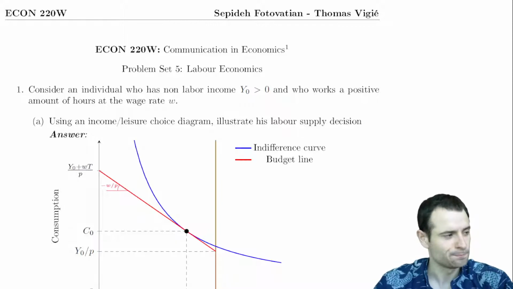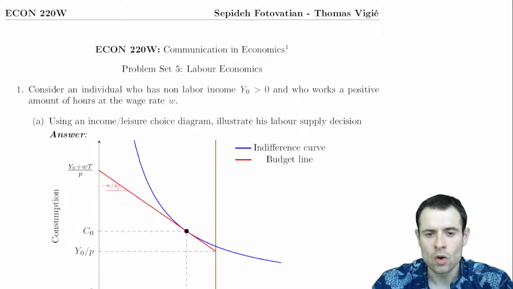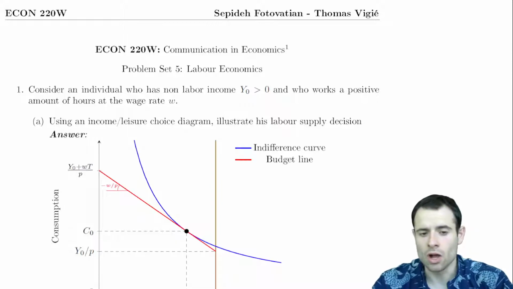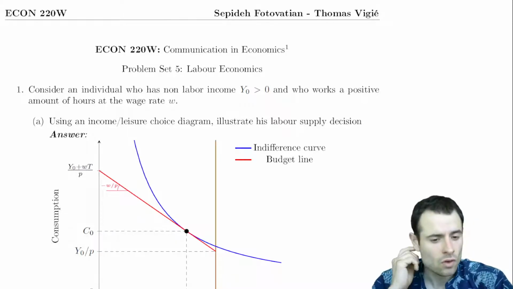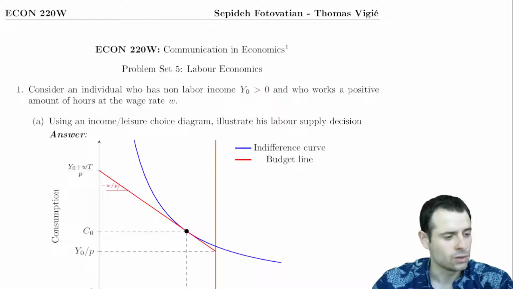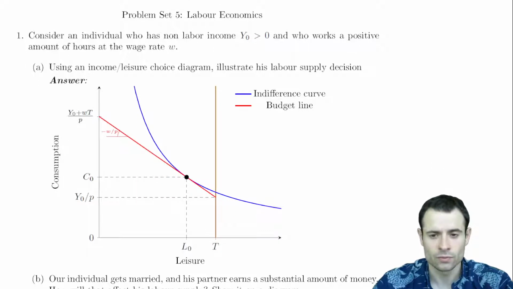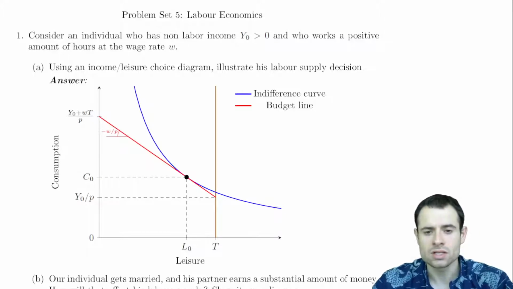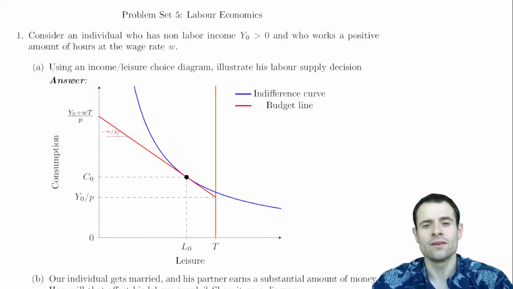Let's get into it. Consider an individual who has non-labor income Y0 and who works a positive amount of hours at the wage rate W. Using an income leisure choice diagram, illustrate his labor supply decision. So, we can start by representing the budget constraint, the red line, which doesn't go all the way down to 0 because our individual has an income equal to Y0 that he can use to consume